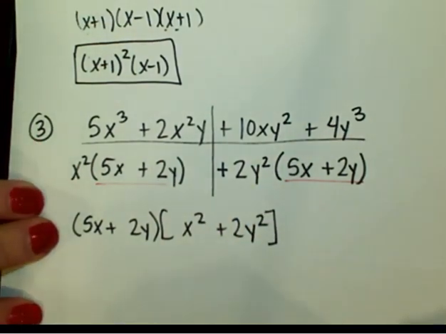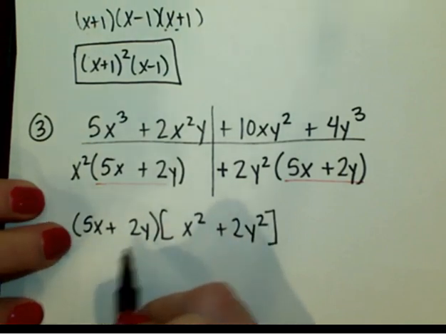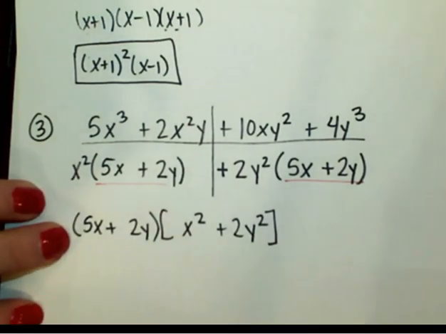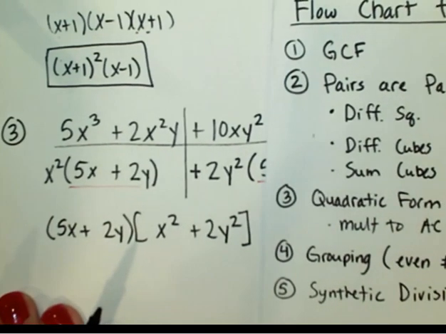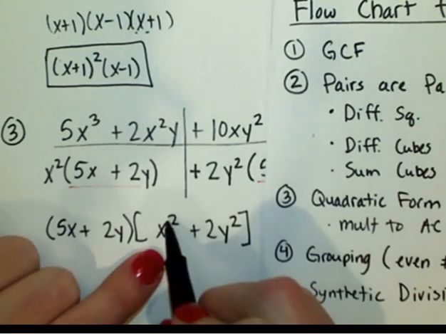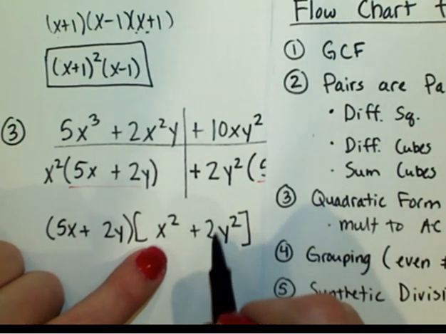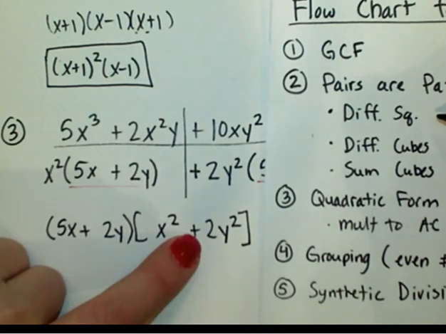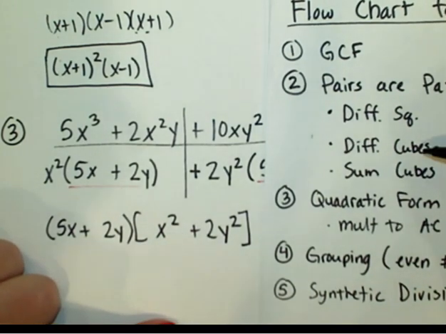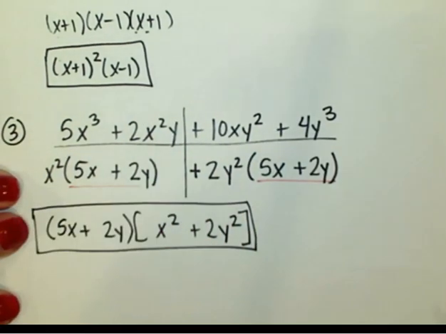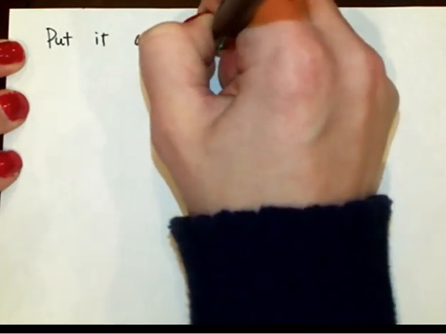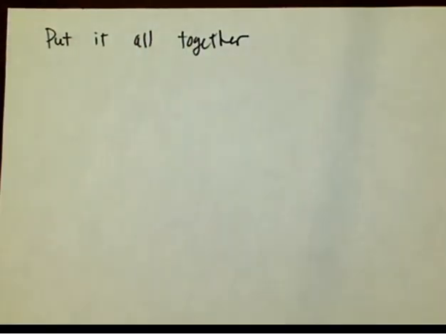Look at each factor to make sure it's prime. Linear, prime. Okay, I see a pair of terms, so again I'm going to check my factoring patterns. Do I have a difference of squares? No, I see a perfect square, but 2 is not a perfect square, and it's a plus. So there's no factoring that can be done because they're not perfect cubes. This is completely factored. Okay, let's go ahead and put it all together. So for the next example,